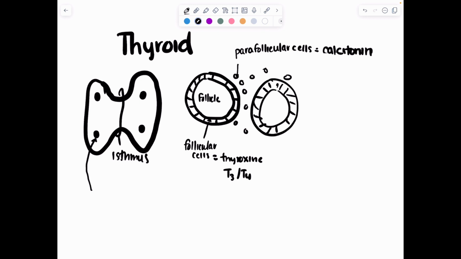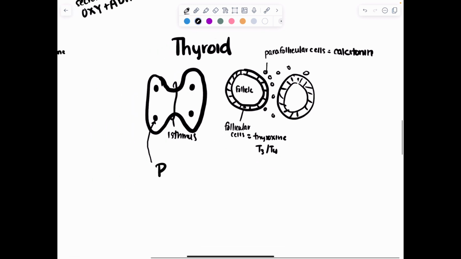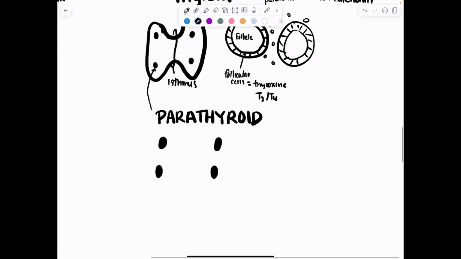These glands on the back of the thyroid are called my parathyroid. And my parathyroids are these small little parasites you could think of, right, on the back of my thyroid. And my parathyroid is going to have 2 types of cells, but essentially we only have to talk about one of them. So the 2 cells that we find in here are chief cells